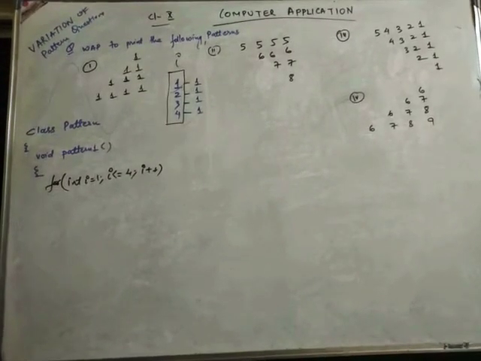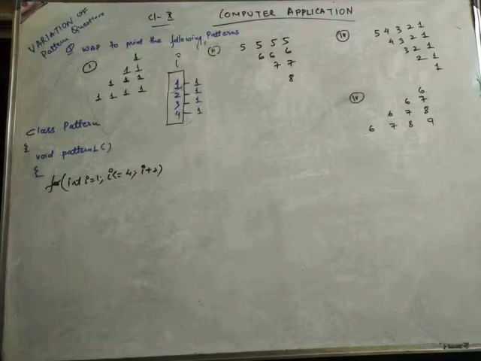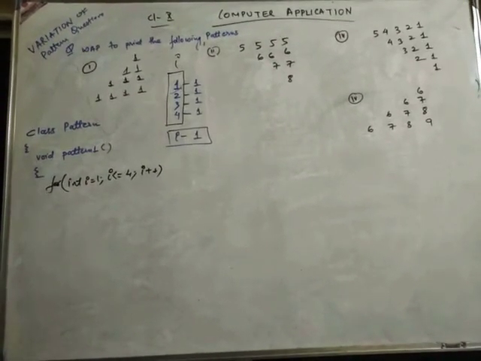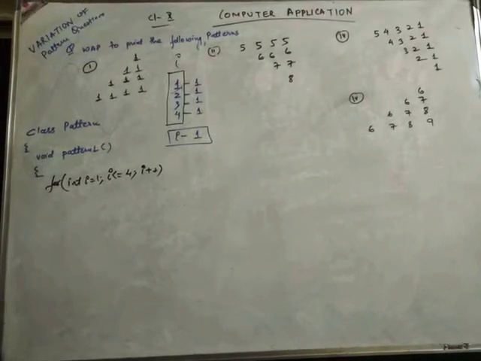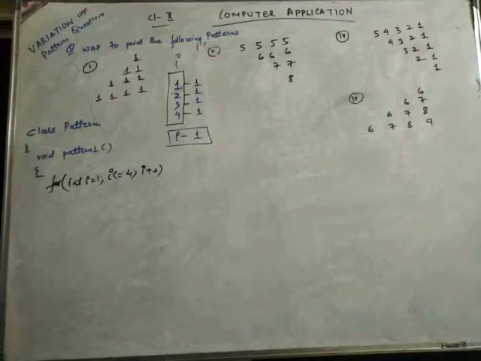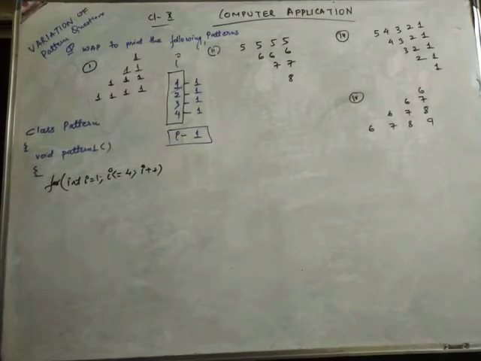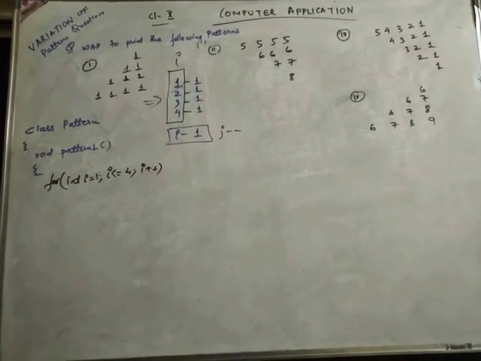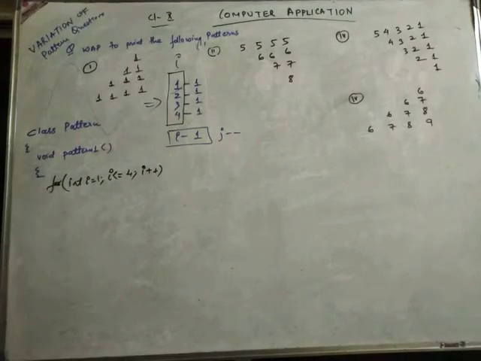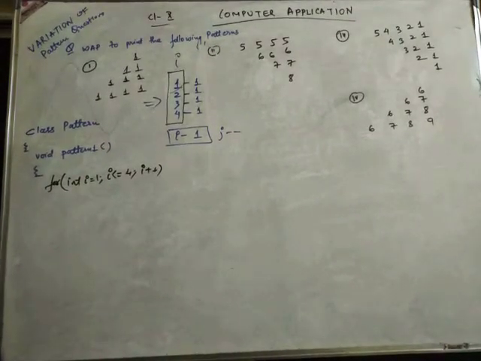The first column is changing, so that will be your I loop. Based on this we'll make the I loop: I equals 1, I less than or equal to 4, I plus plus. Okay, now how will you make the J loop? You have to make a box down and it will be I minus 1. The first column denotes the values of I, and the second column the values are 1. So I minus 1; whether J plus plus or J minus minus, it will be J minus minus. As we go from left to right, we have to keep subtracting the values, 2 to 1, 3 to 1, so I have to go J minus minus. So make the J loop now.